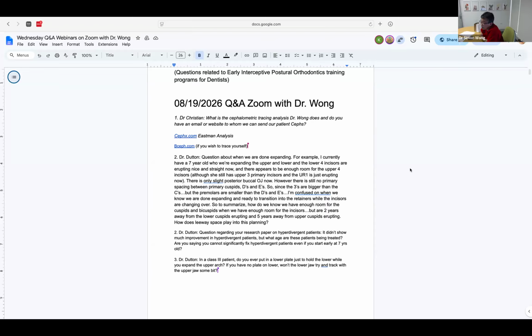So when you have sufficient width, you will have room for the permanent incisors to come through. They'll come through precisely in the right dimension so that you've got room for all your incisors, but you usually don't have any space between the incisors and the primary canines. So what normally happens is